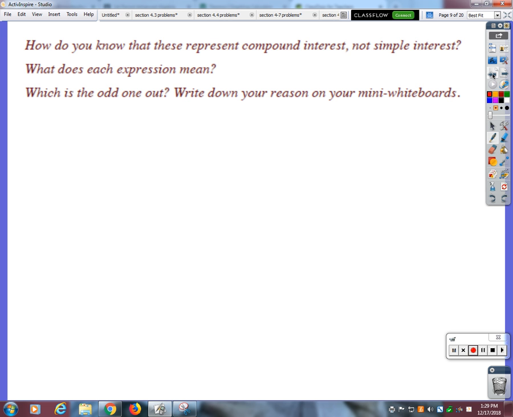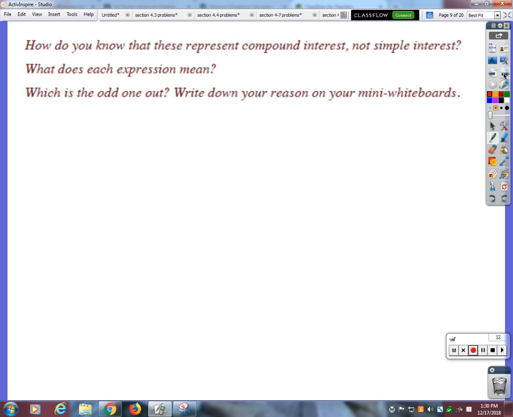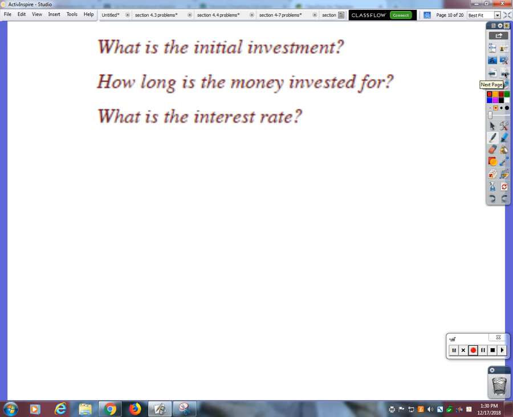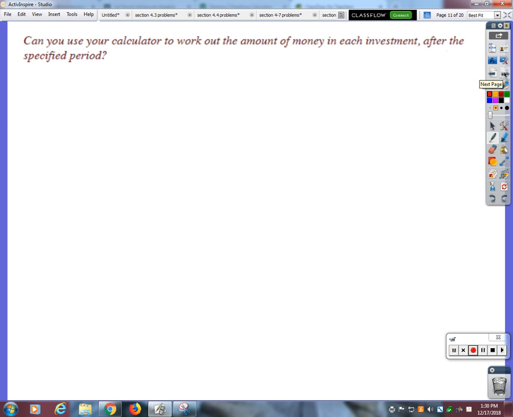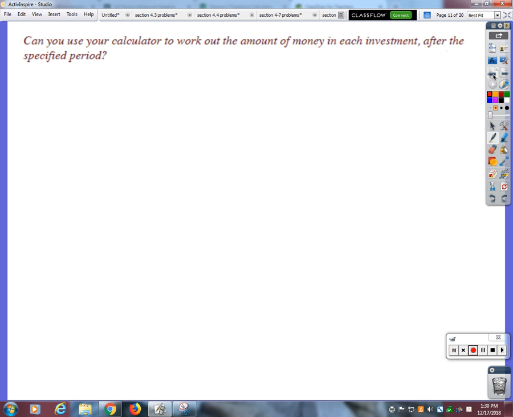How do you know that this is compound interest, not simple interest? Because you're multiplying. Good. The simple interest you add each time. Compound interest you multiply. Okay? All right. We talked about those already. We can figure that out. Okay. So what I'm going to do right now is I'm going to give you